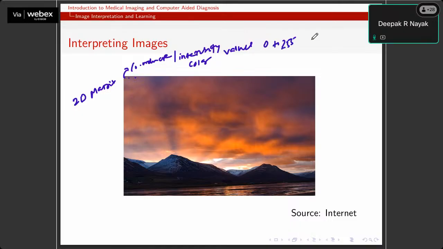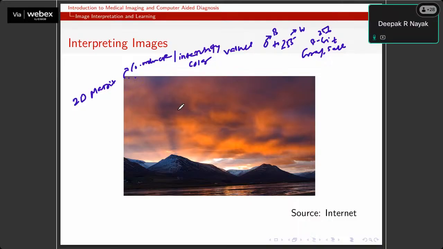I'm considering an 8-bit image right now, so it will be a grayscale image. The intensity values lie from 0 to 255. If the image is 8 bits, there will be a total of 256 colors, with values from 0 to 255, where 0 stands for black and 255 stands for white.